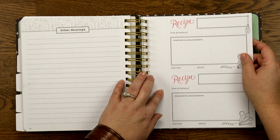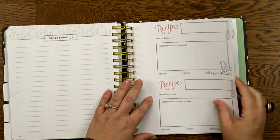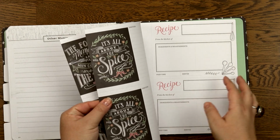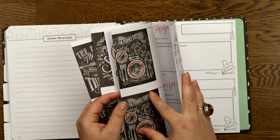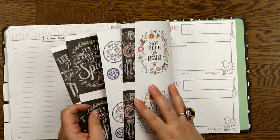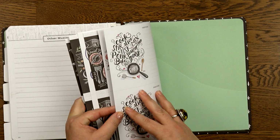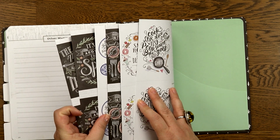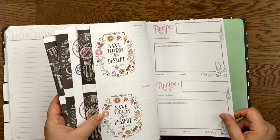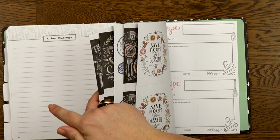So it's perforated right here along this line, so you could just cut it, you rip it out, and it's kind of postcard sized. So let's see, you actually get 1, 2, 3, 4, 5, 6. And as you see, you get 2 cards per section. Obviously, you can just use them for whatever section you want, but they were designed for 2 cards per main